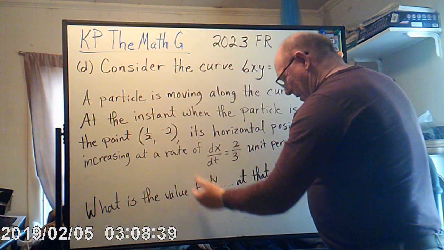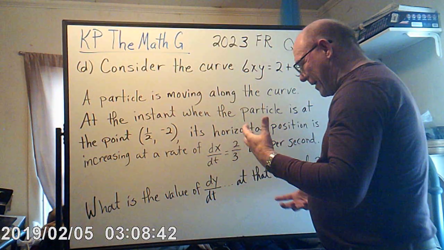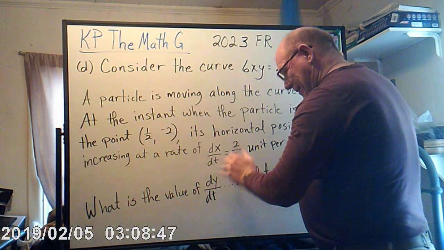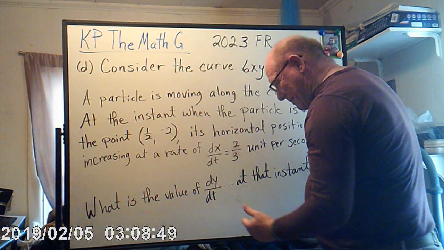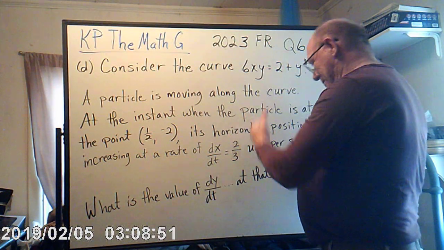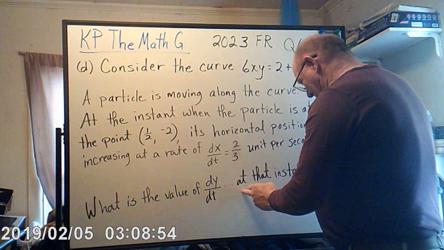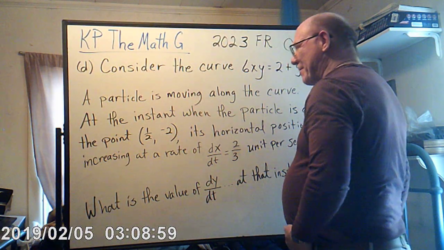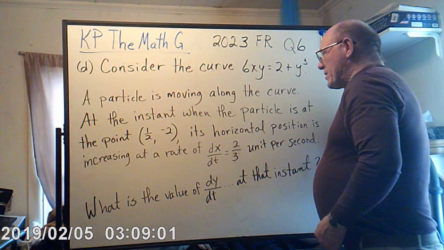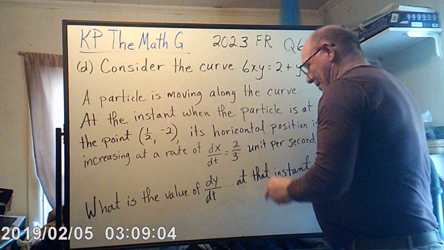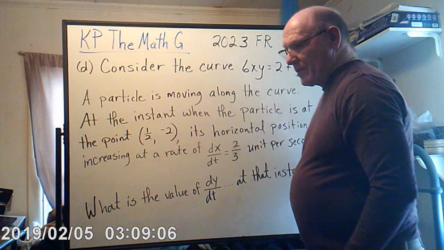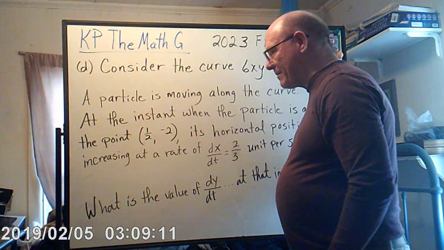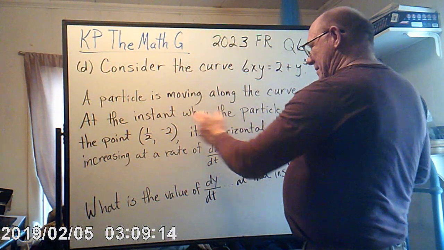What is the value of, and this is the rate of change of the vertical, because it has y. X is going across, y is up and down, so this is a vertical rate of change at that instant. So we're looking for dy over dt rather. Okay, so we need to look at this equation here, and we need to take a derivative, and we're doing this by related rates. And once again, the instant,